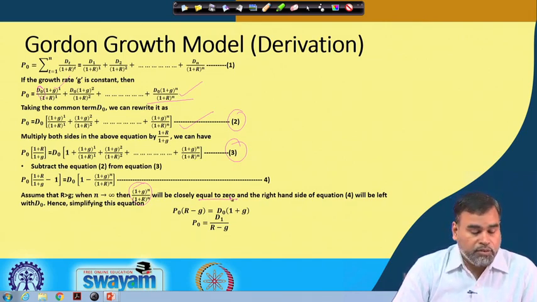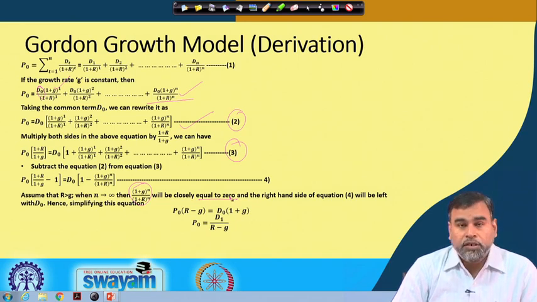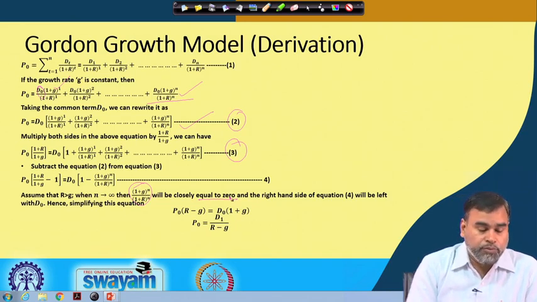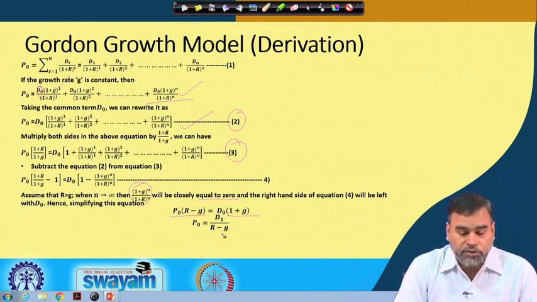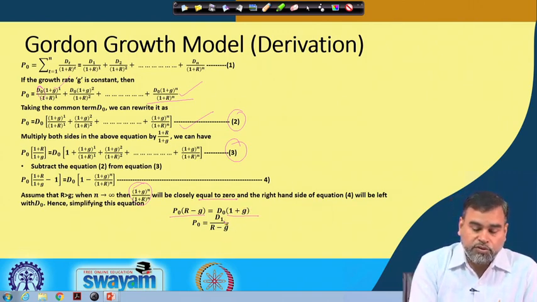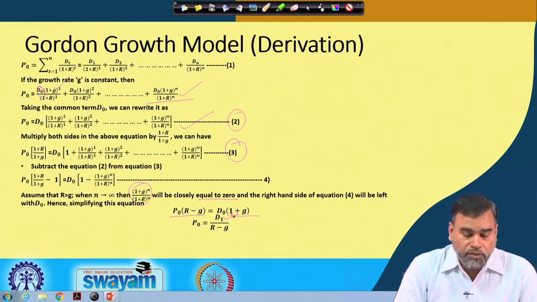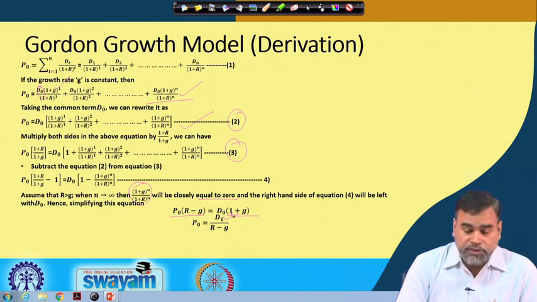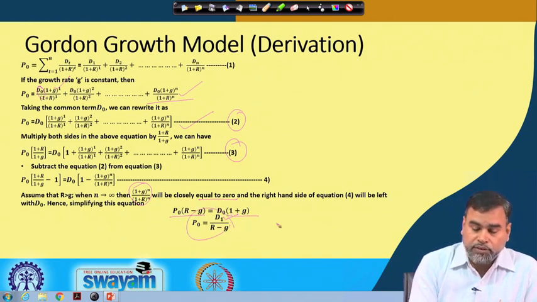Then finally, if you simplify that equation, we will find that P0 into r minus g is equal to D0 into 1 plus g. Then obviously P0 is equal to D0 into 1 plus g divided by r minus g, and D0 into 1 plus g is nothing but the D1. So, this is the way this particular formula can be derived, and this formula basically talks about where the growth